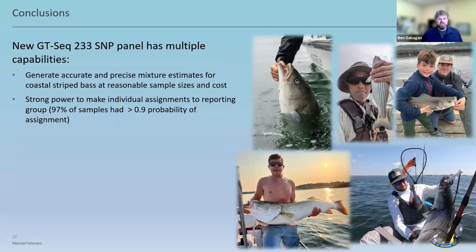So at this point, I've had the data for about 3 months, and I feel like I'm still breaking the surface of what I can look at and what the rest of my collaborators and I can look at. The stock assessment implications are promising. I can't wait to be linking age and year class patterns with catch estimates. In the meantime, I hope that I was able to communicate our enthusiasm with the performance of the panel, and also leave you with some results that help us better understand some of the stock dynamics playing out